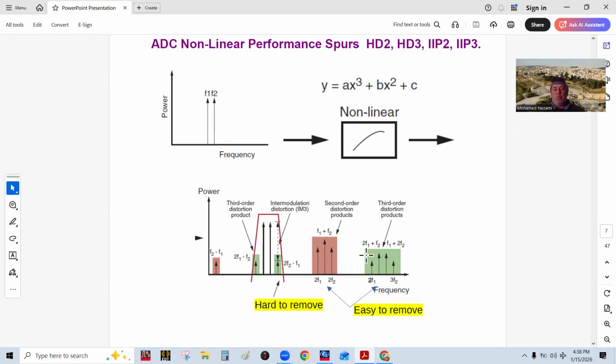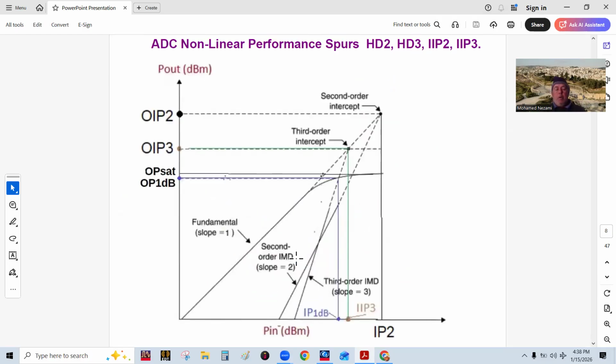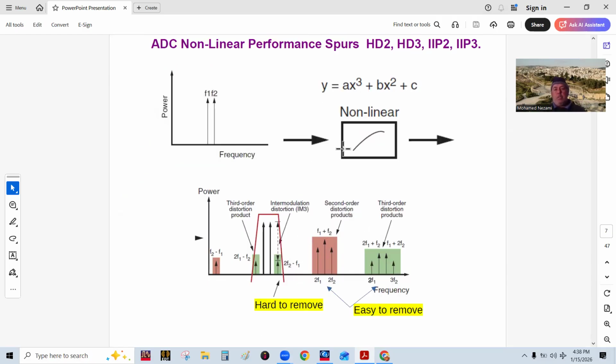Okay, so these are easy to remove. These are hard to remove. So we've got the third order intermods in here, these here. And then we've got the distortions due to the third order and second order products in here, okay? All right, so now the thing is, when you have the signals in here,